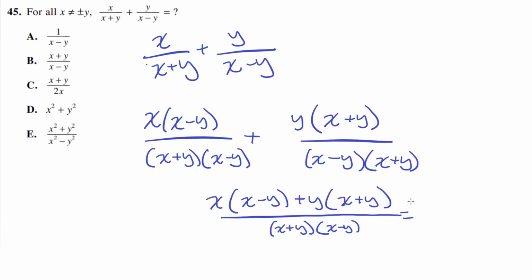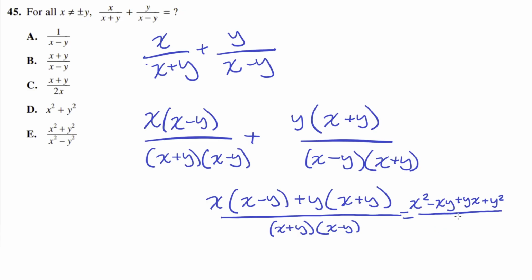So x times x is x squared. X times negative y is negative xy. Y times x is positive yx. And then y times y is y squared. All over,